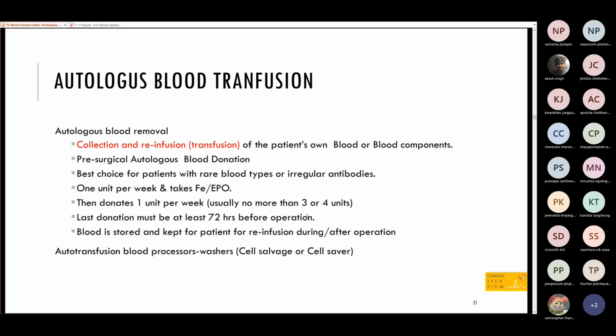And also there are some limits for storage. So we just keep the blood stored for patients in a limited unit and time. Another procedure that can be referred to